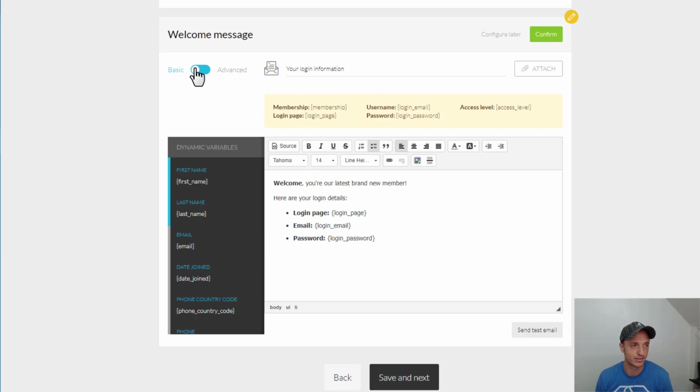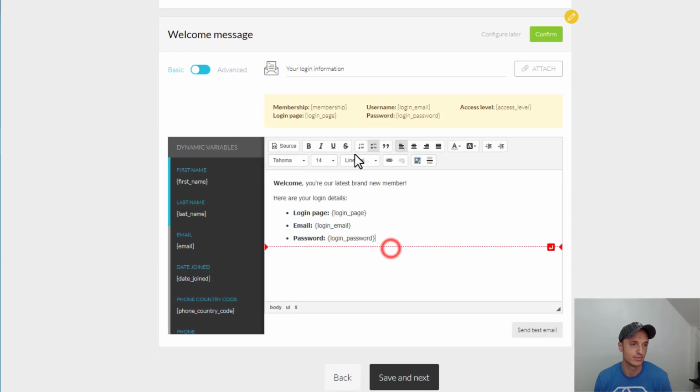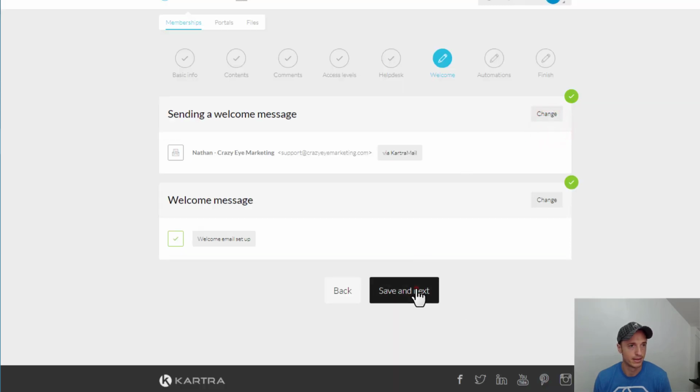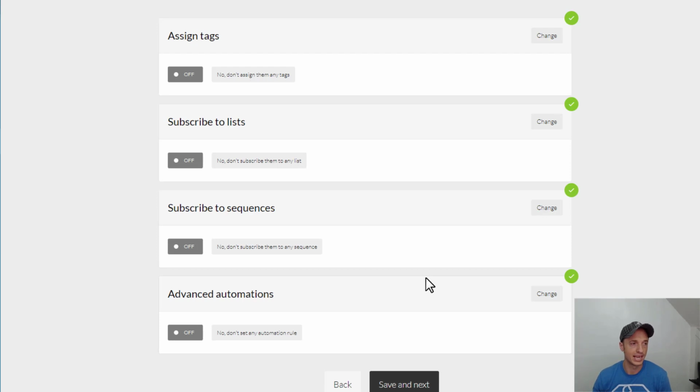So pretty self-explanatory. If you've messed with the email builder within Kartra before, same concept applies. You got advanced view, which looks like this, and you could drag over pretty elements, or a basic view, which is just your text, which is right here. So I'm just going to leave the default one. If you want to mess with it, you certainly can. Hit save and next. Automation, so if you want to apply any automations when somebody joins your membership site, you